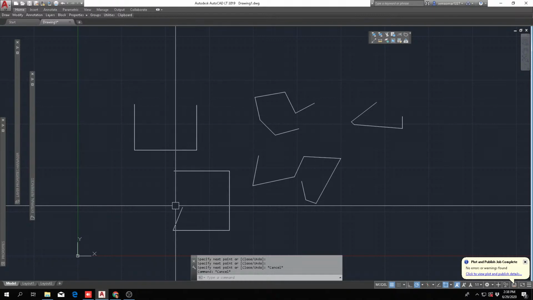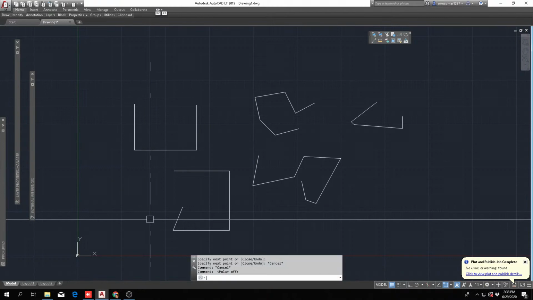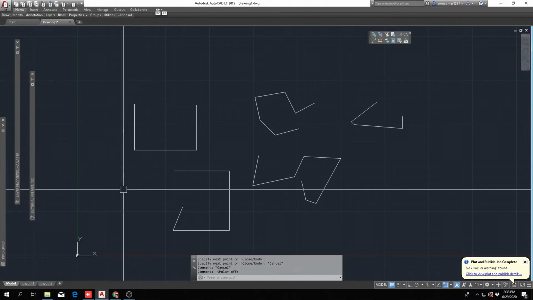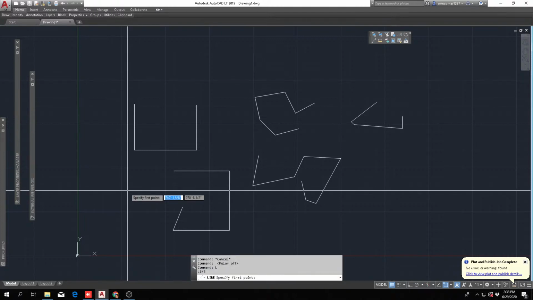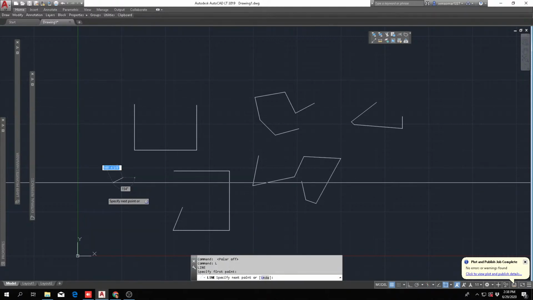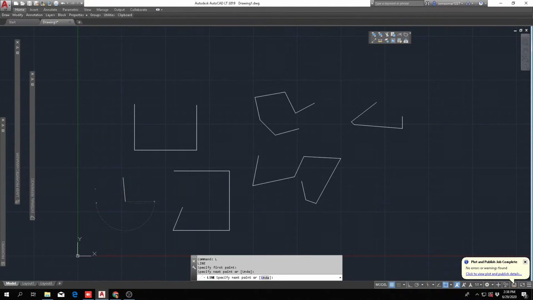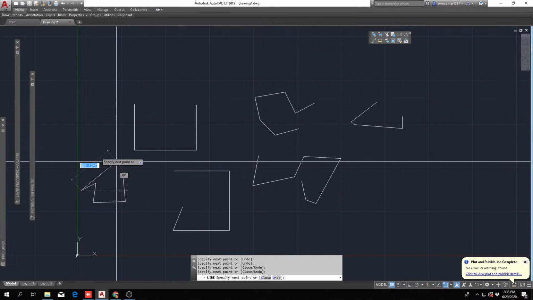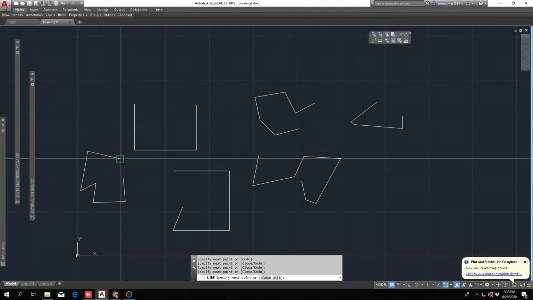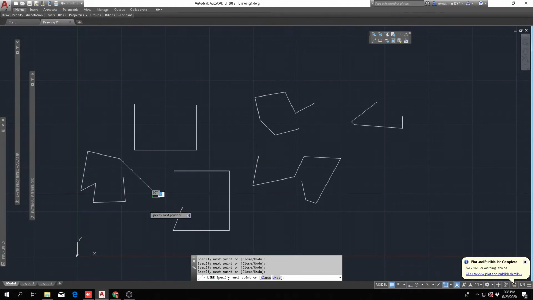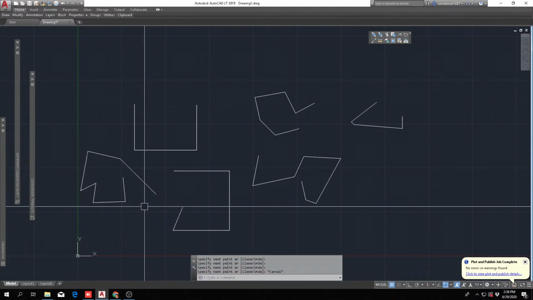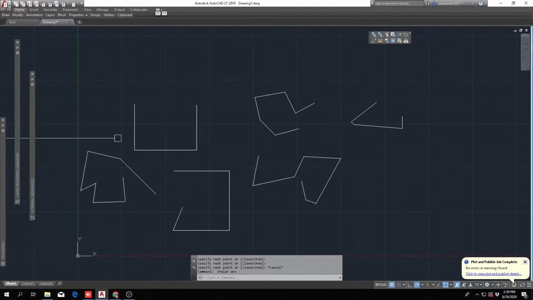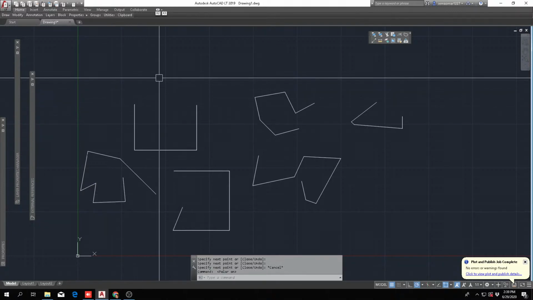I'm gonna put F10 to turn it off, and then L, spacebar to bring the line command. I'm gonna put a line, and you see it doesn't lock it, so I don't know if it's straight or if it's on 45. So it's kind of a freelance line, but you can't see where it is. Okay, so I'm gonna turn on my polar tracking again. So I'm just gonna put F10 to turn it on, and once again L, enter,